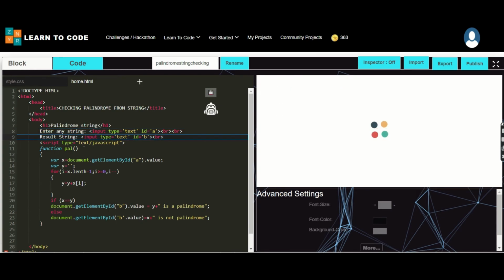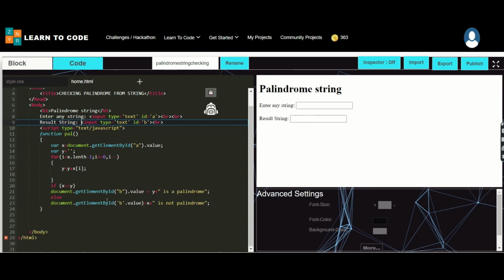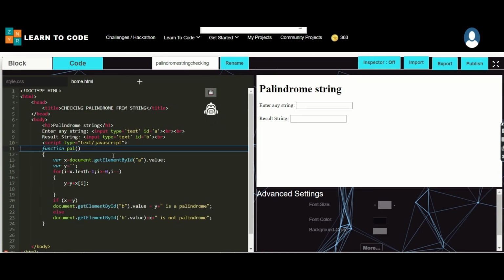Next, on the scripting part, I have added the function poll, where I have declared the two variables, x and y. Under this I have given a for condition and also cross checked with the if basis. So let me check the output. The output will not execute here because we didn't insert any button.